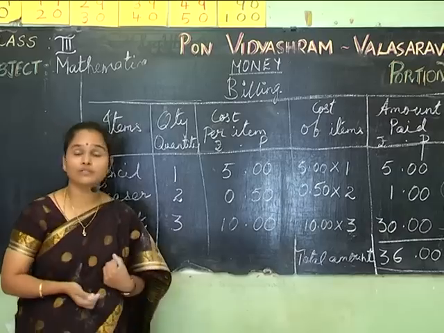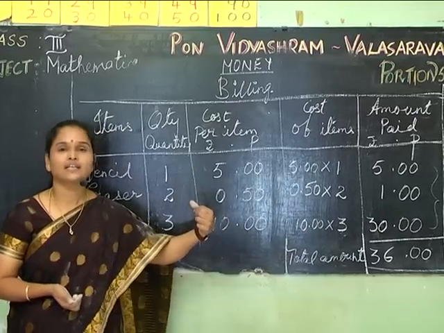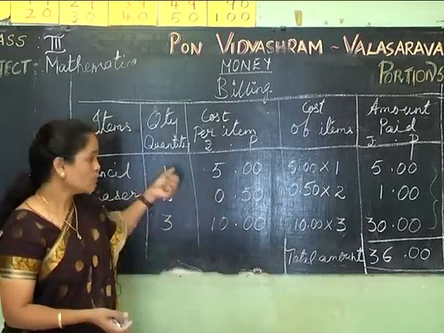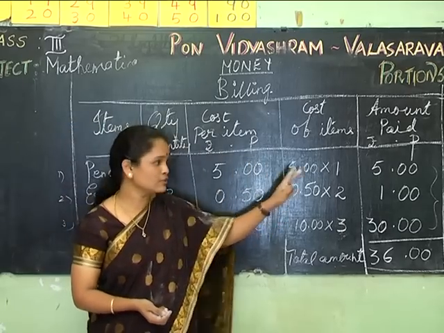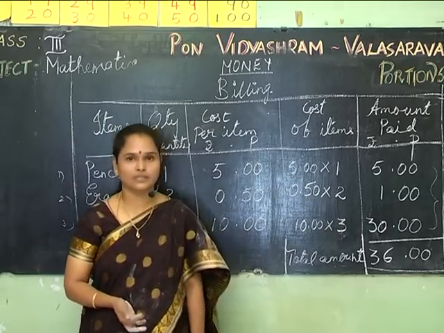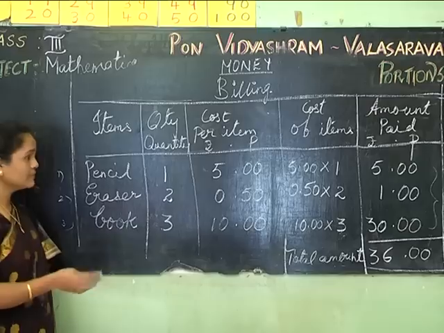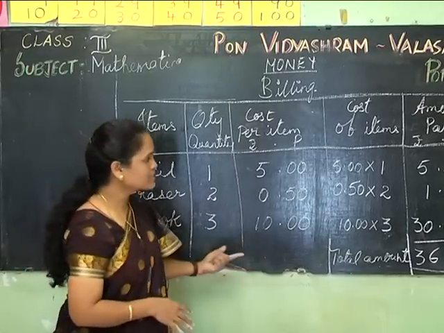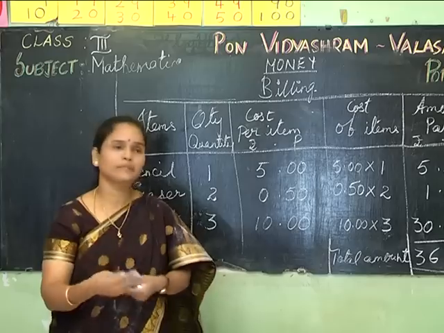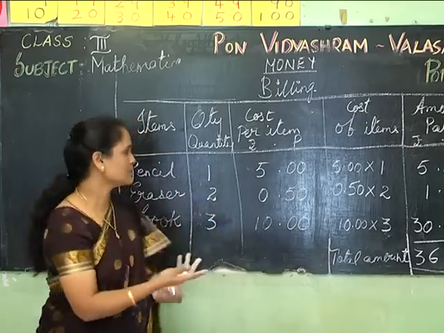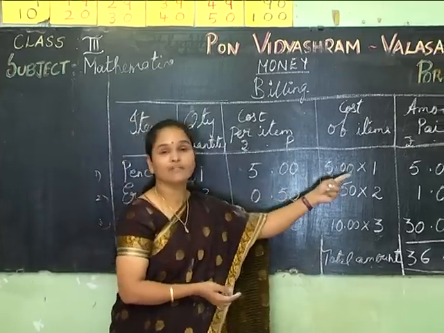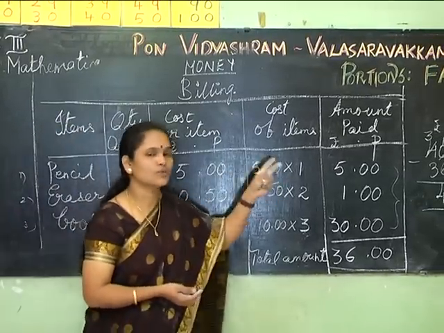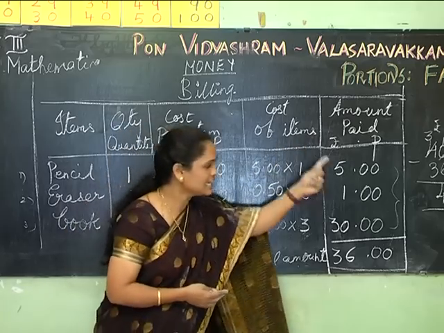Okay, and one more topic, in case you have a bill that has to be corrected, or a bill which is wrong. You have to do the correction and write the correct amount. In the exam, the billing may be correct or not. If the billing is not correct in the exam sum, you have to correct the bill. Suppose for example, the item may be given as 2 but it is actually 1. If there are any errors, you have to correct the bill and finally add it.